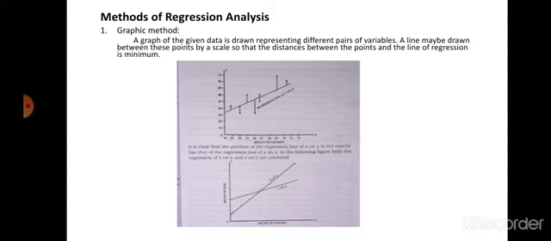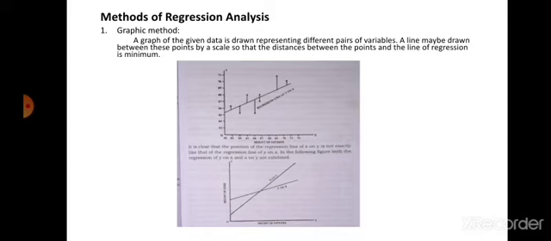The regression line of x on y is not the same as y on x, and when there is either perfect positive or perfect negative correlation between the two variables, the two regression lines will coincide. If correlation is perfect, positive or perfect negative, then both the regression lines coincide. Next, the farther the two regression lines are from each other, the lesser is the degree of correlation. If they are far away, correlation is lesser, is the meaning.